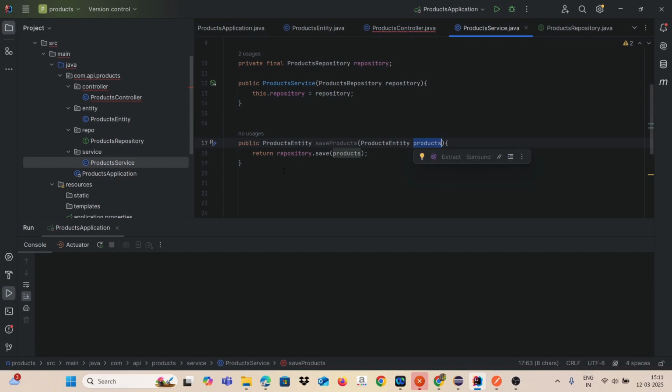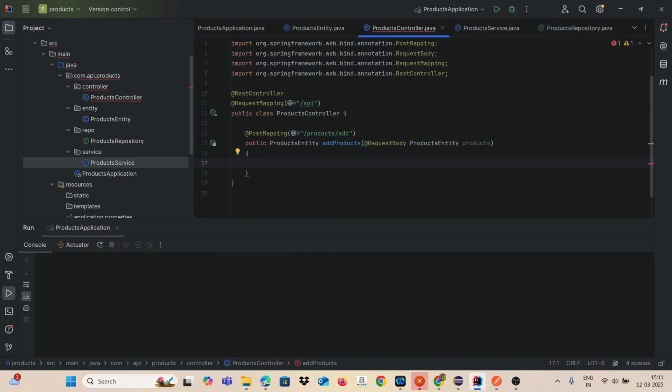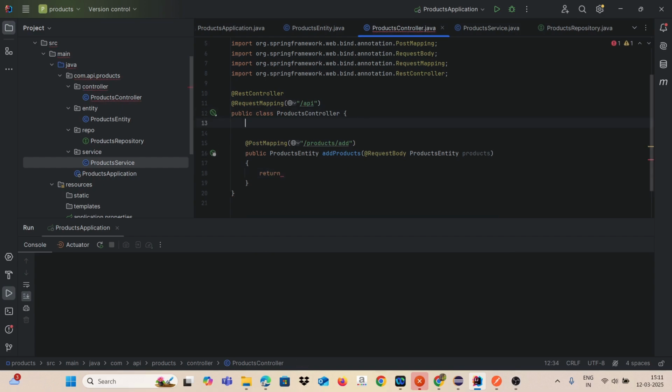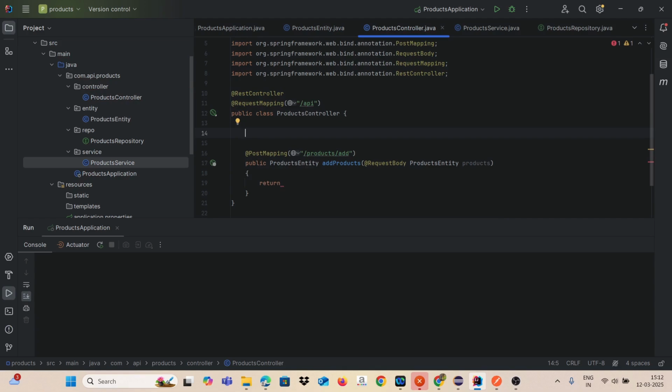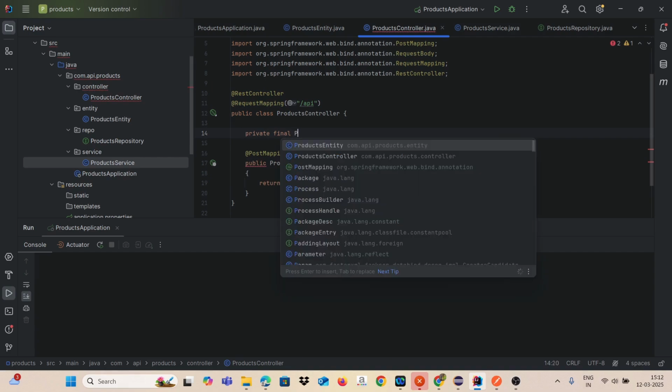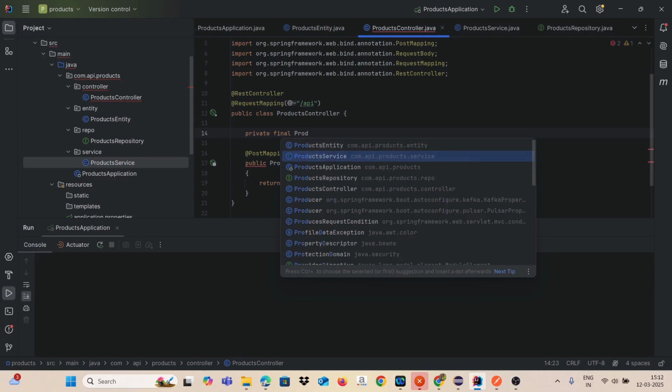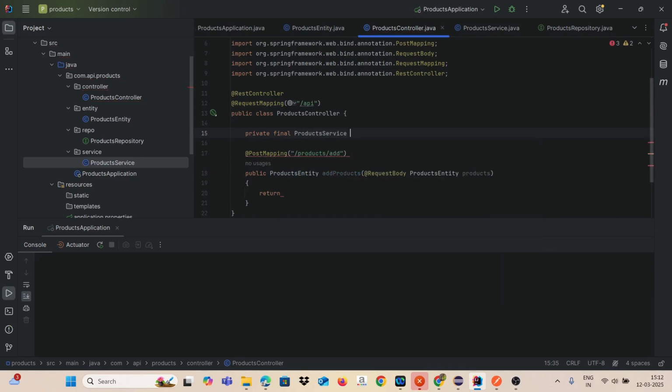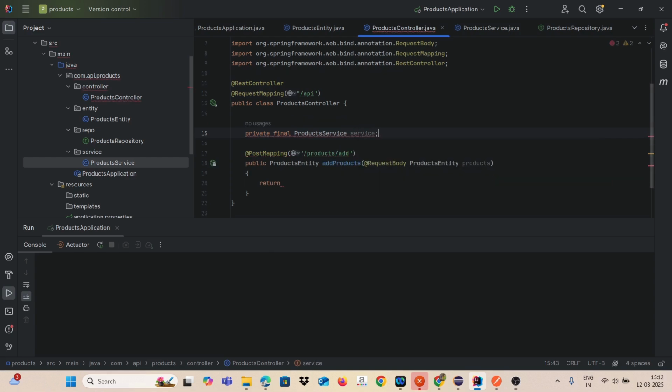So what we need to do is come back to the controller. Here what we want is to call that method, right? And before calling that, we need to have one object of that class. So let's create that object first. So that is in service layer, right? So we need to do the object of that class. I will name it as service, and let's